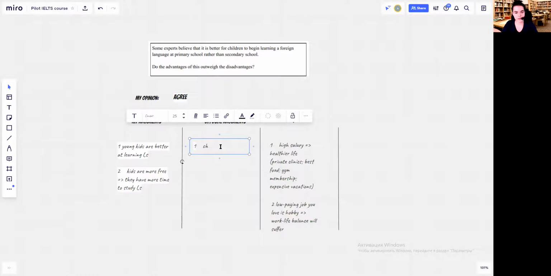Childhood, okay, let's say too much studying robs young kids of their childhood. I think it's pretty clear what I mean by that. And another counter argument, another disadvantage, I'm sorry, could be